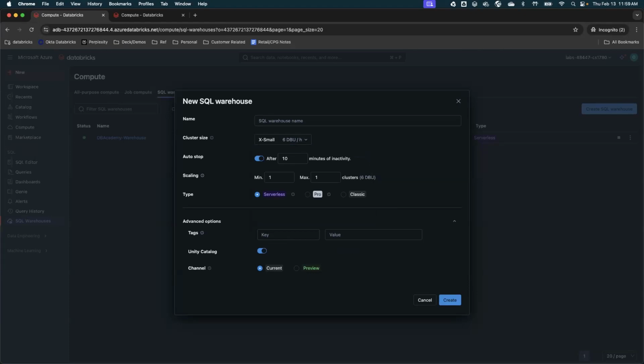So there is a question: when we specify the max cluster, do we need to provide a number within a threshold? Usually you define how many clusters you need to run at the same time. Going back to the same answer, if your organization is small, you can be okay with non-scaling, but it's a good idea to start with a minimum of one and scale up to 2 clusters.